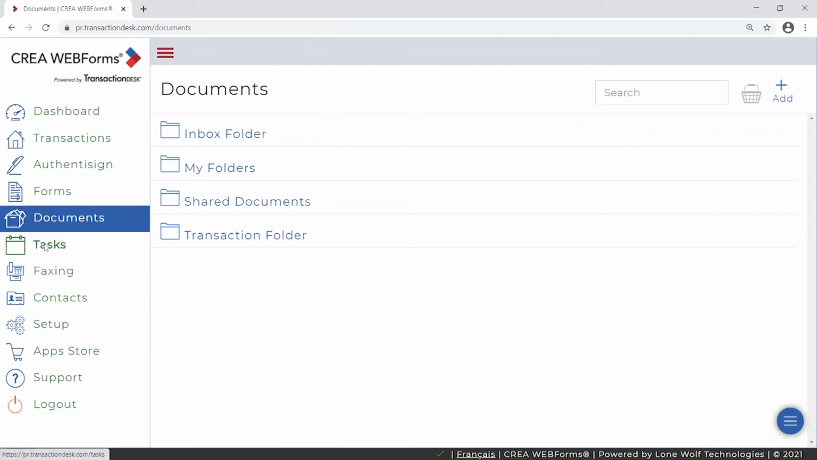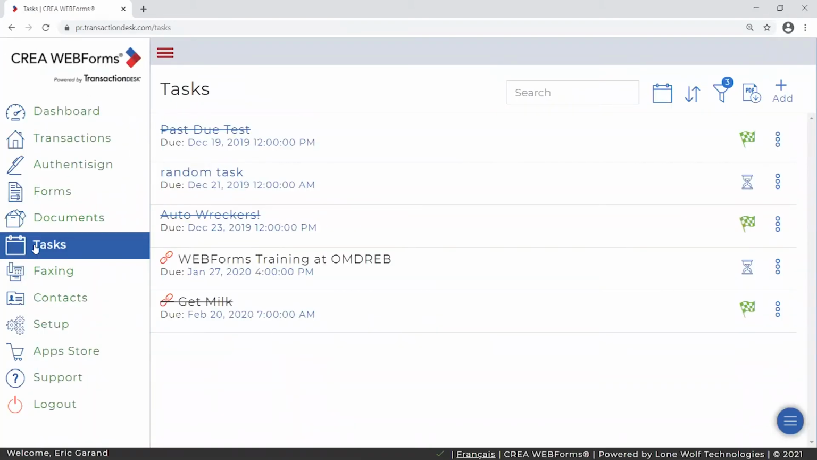Our very next one here, maybe this one is not used that often. Don't put too much bearing on the things I chose. I chose some silly titles and stuff like that while I was testing, but the task section really is just a glorified reminders section. It's like a reminders app that, since WEBForms can be used to collaborate with other